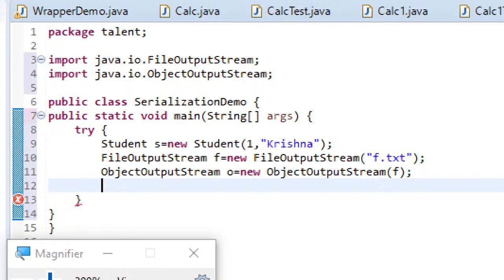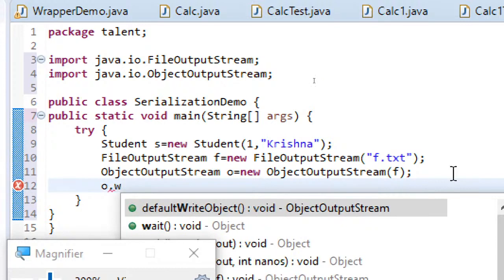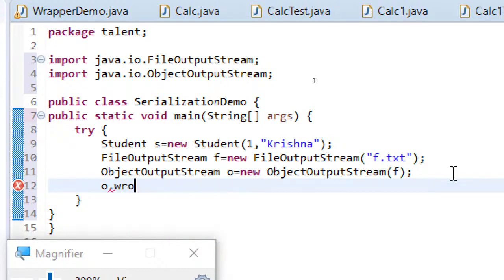And now what we have to do is, whatever the student object we created, we just need to write it to this output stream. Just writing this.